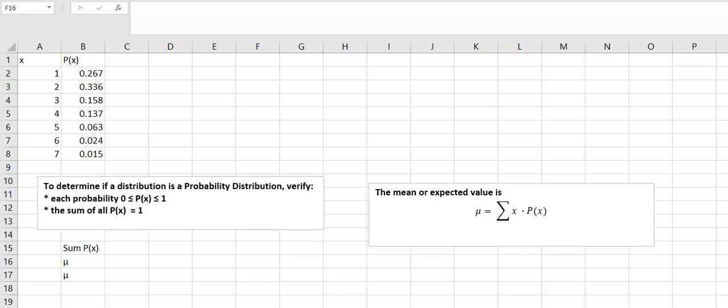In this video, I'm going to discuss calculating the mean or the expected value of a discrete probability distribution. Before we do that, though, we're going to verify that this is a valid probability distribution. There are two criteria that have to be met. Each probability has to be between 0 and 1 inclusive, and the sum of all of the probabilities has to